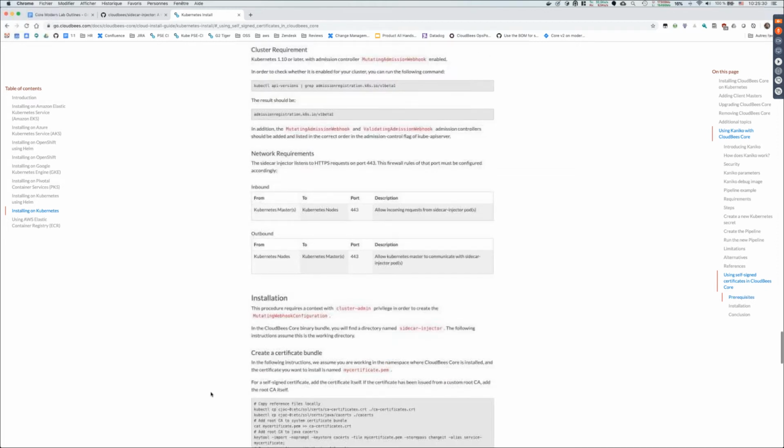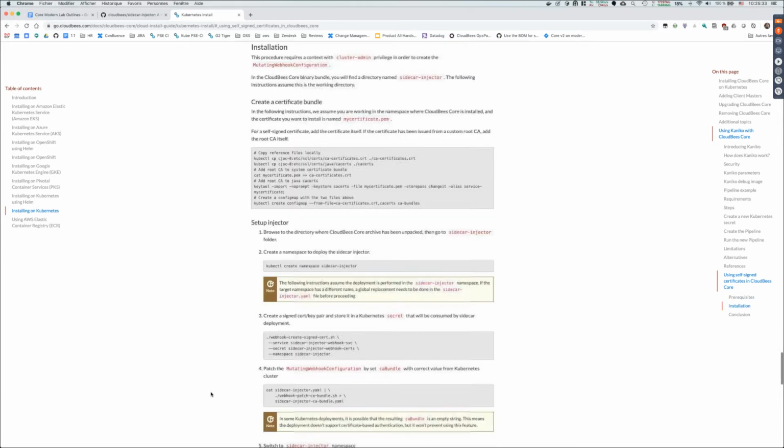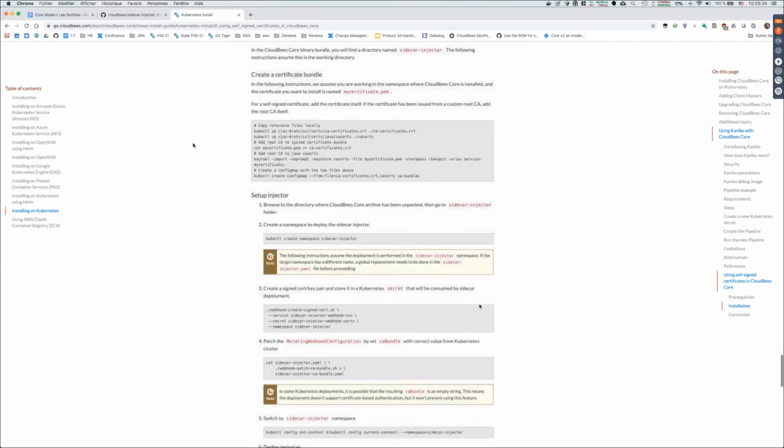Usually what you will do is create a certificate bundle. A certificate bundle is just a text file that contains an aggregated list of TLS certificates. In our case, we just use the default one that is in the CJOC container. We copy it locally, then we add the certificate that we want to trust to that bundle.